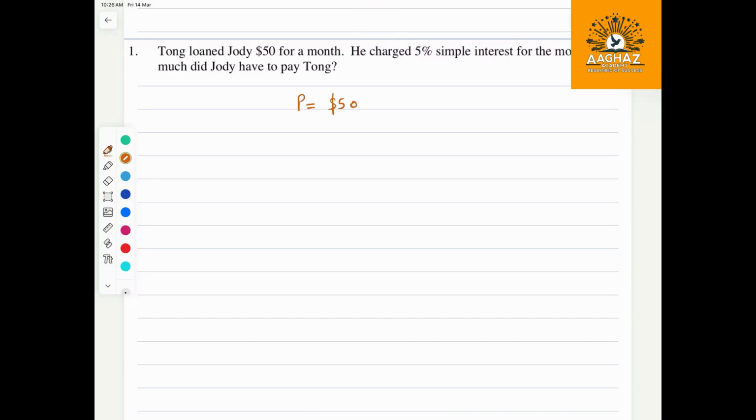And what is the rate? Rate is 5%. And what is the time? Time is only 1 month. And after that, what do you want to find? How much did J have to pay? You want to find the value of A, which will be equal to P plus I. I know the P value, but I don't know the value of I. So for this question, first of all, I try to find the I value,